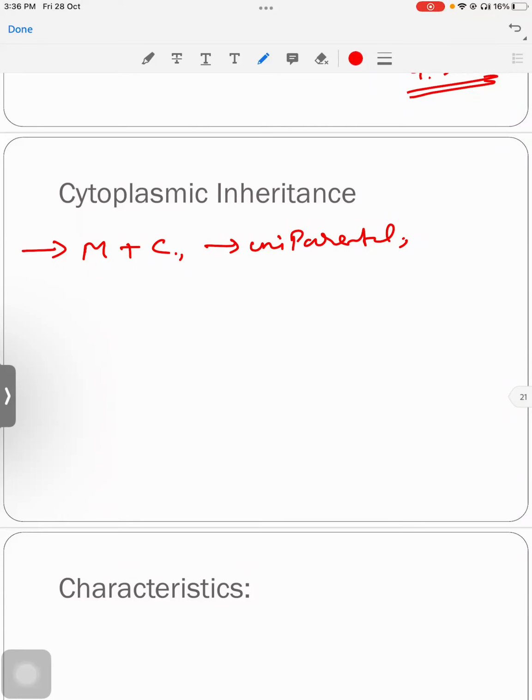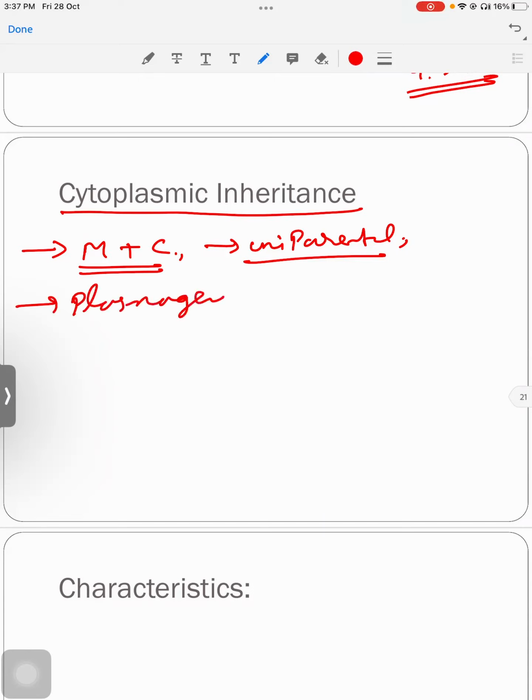Next, there was also a question on cytoplasmic inheritance. What you have to write is that all these concepts you know: it is present in mitochondria and chloroplast, and it has uniparental inheritance. That is, the inheritance will occur only from the mother plant. These are also called plasma gene based inheritance. Here also you can give some examples. For example, in case of plastid inheritance,